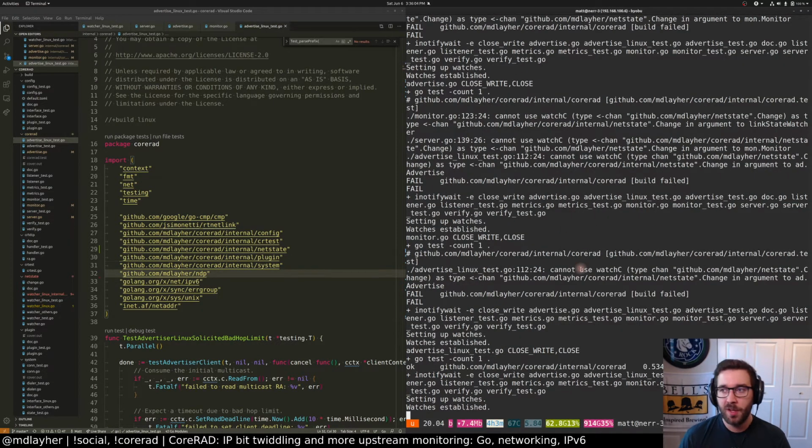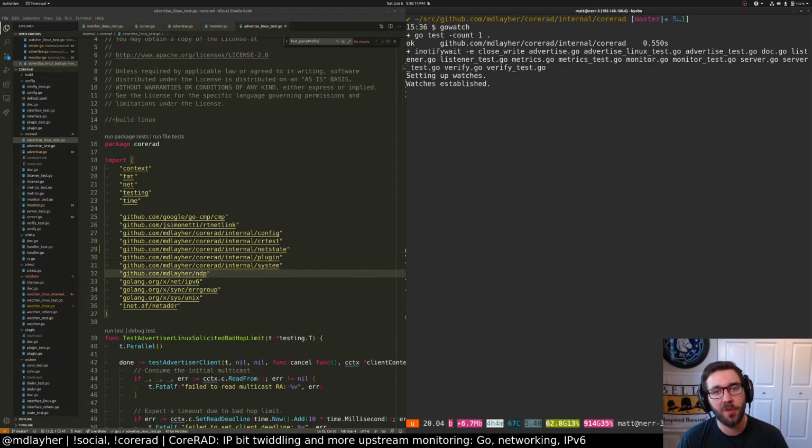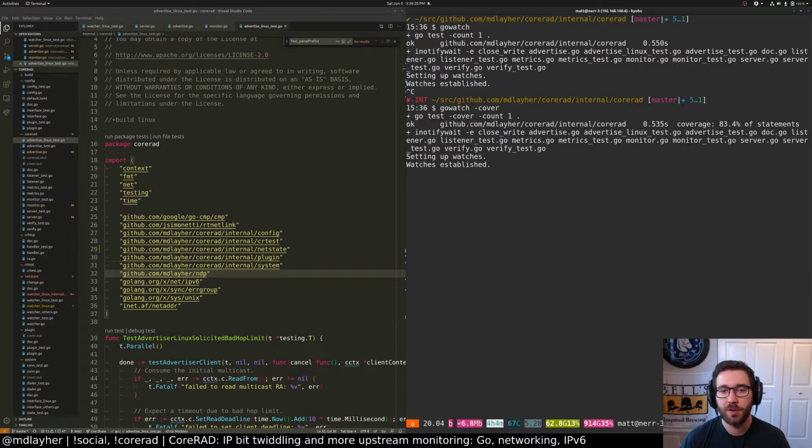Awesome. Tests pass. What's cool now is I got the test loop down to like half a second without the integration tests, or without the test to spin up a veth pair. It's a little slower with that, but the actual normal tests take not very long, which is nice. So if I do cover, what's our coverage? 83.4 without the integration test. That's awesome. Pretty happy about that one.